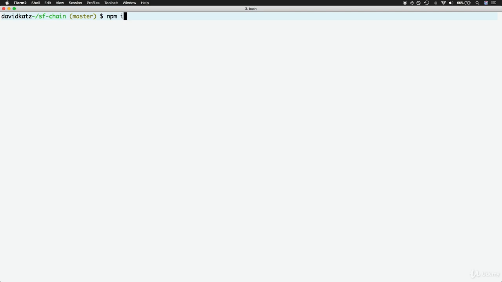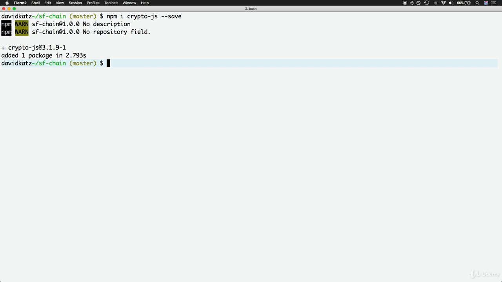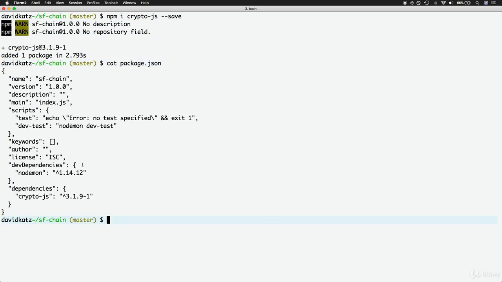So let's install it. npm i crypto-js, and we'll save it with the --save dependency, so that way it's listed as a dependency in our package.json file. So if you cat out the package.json, you'll see that there is a dependency of crypto-js